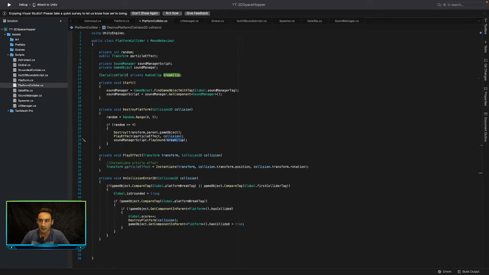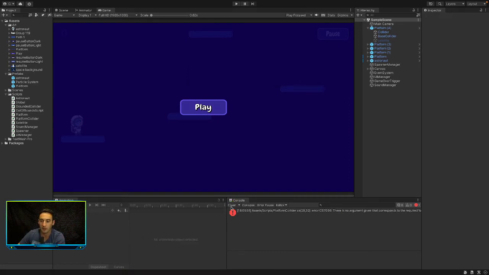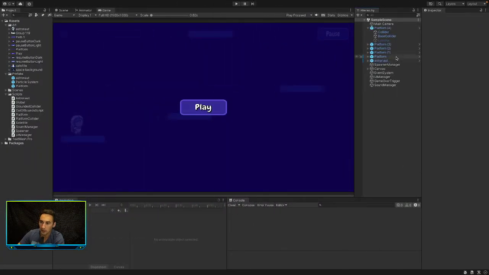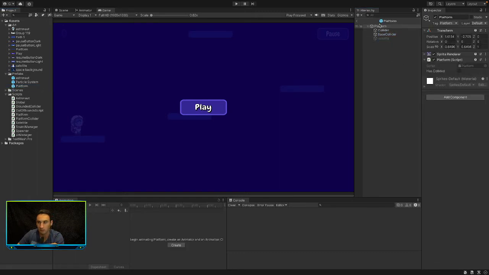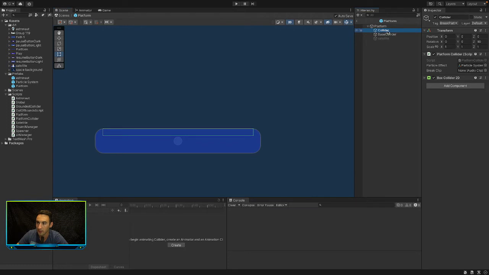So we save that, and then we can jump back into Unity, because now we need to go and pass in a, where was it, a clip into that space on our platform. So if we open up our platform prefab, so that it adds it onto all the platforms, you will now see, if we access the collider on the platform, we now have a break clip here